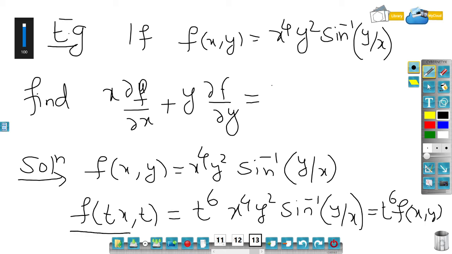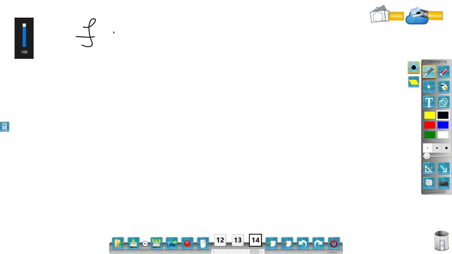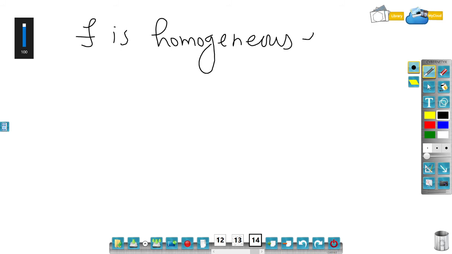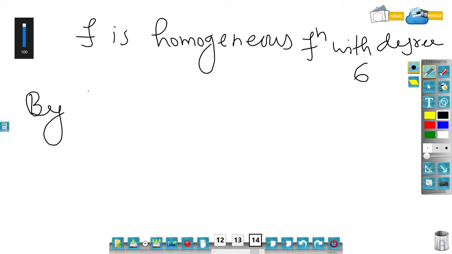So f of tx comma ty is the same as t raised to 6 f of x comma y, so it is a homogeneous function. So f is a homogeneous function with degree 6. So by Euler's theorem,